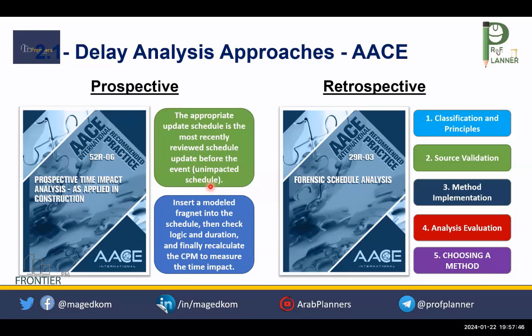Initially, the contractor submitted the baseline program and only one update. During this time, there were some delays: concurrent delays, employer-responsible delays, contractor-responsible delays. The project is going on, but now we need to do a delay analysis to identify the actual completion date. But we don't have the updated programs. We only have the baseline program and one program updated after 6 months. The available programs are not relevant to the actual progress at all.